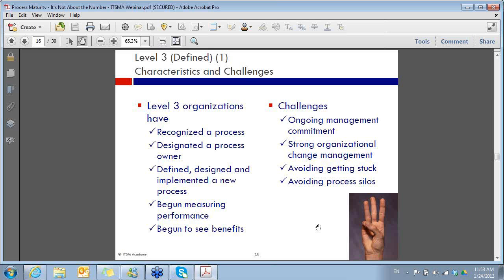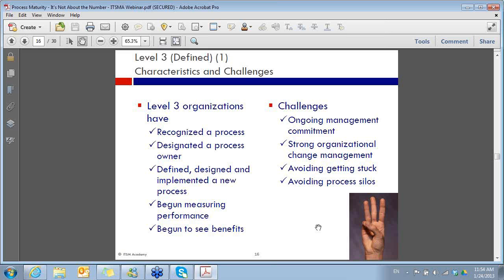But one of the challenges you do have to resist is getting stuck at this stage of maturity and thinking you're done. The kiss of death is thinking a process is done. And also, you want to avoid process silos, because remember I said a litmus test between 3 and 4 is how your processes interface. It's very common for organizations to get stuck here, so you have a really good incident management process, but it's not talking to anybody else. Or even worse, you have a really good SACM process, Service Asset and Configuration Management process, but it's not talking to any other process.